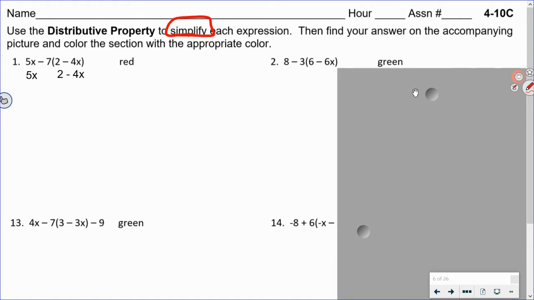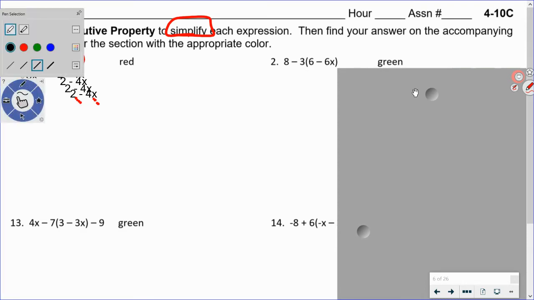Hey, I want to look at number 1, and I want to remind you what that means for 7 groups. First of all, I changed this to add the opposite. That's just me. You don't have to, but I want to see that. What does 7 groups mean? Well, if I could just start writing this right here, I'm going to just dot, dot, dot. But as you just saw me do with adding the opposite,